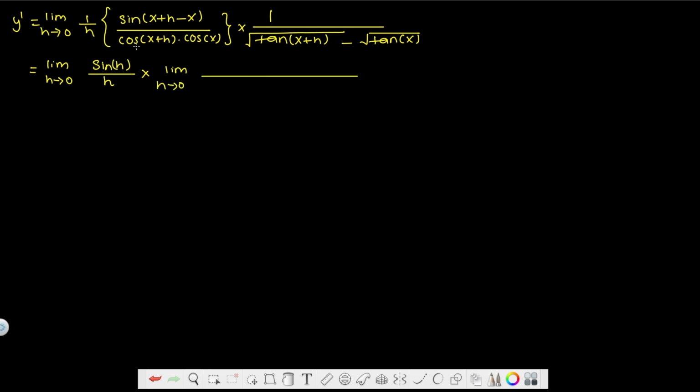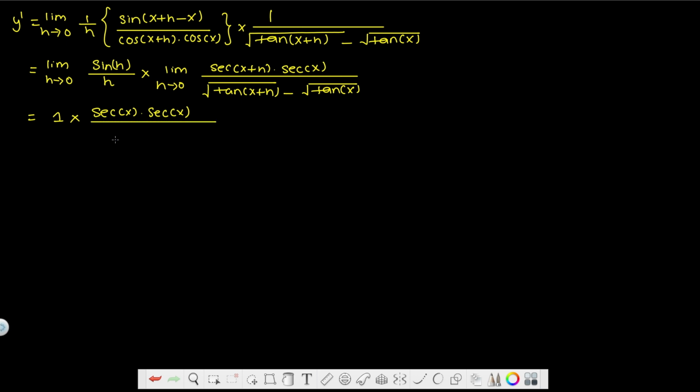Now 1 over cos x plus h is similar to sec x plus h, and 1 over cos x is sec x, and in denominator we have square root of tan x plus h plus the square root of tan x. Now this is 1 times, now use the limit, put 0 in place of h, we will get sec x times sec x over